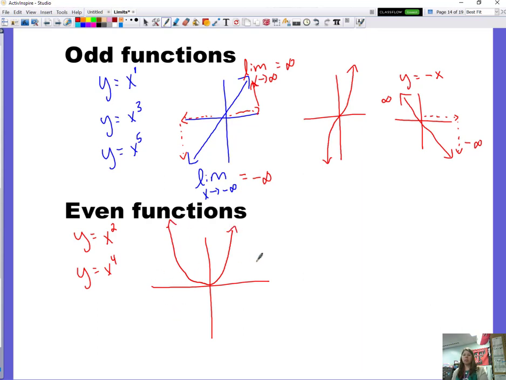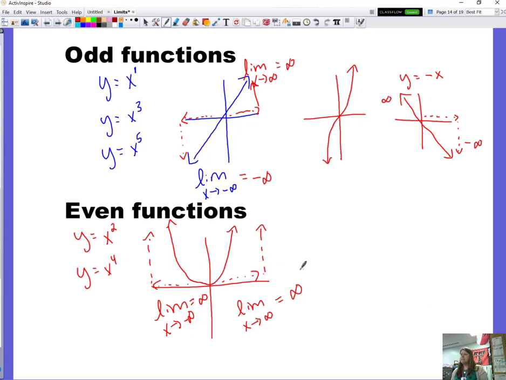So no matter which direction you go, whether you find the limit as x approaches negative infinity or positive infinity, as we go this way, the y is going up forever. That limit would be positive infinity. As I go left forever, the y values are all going up forever,